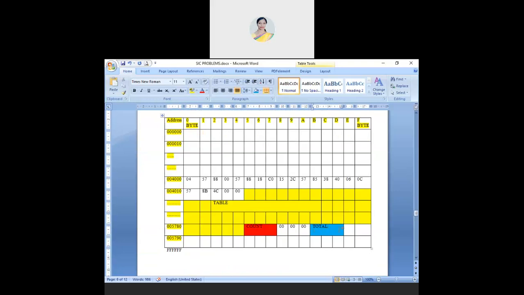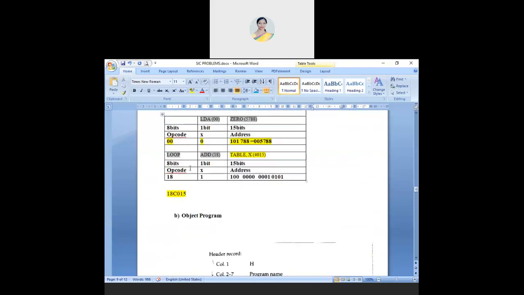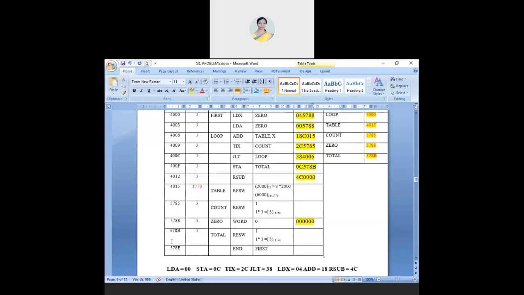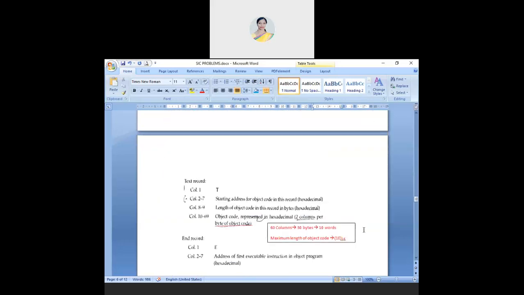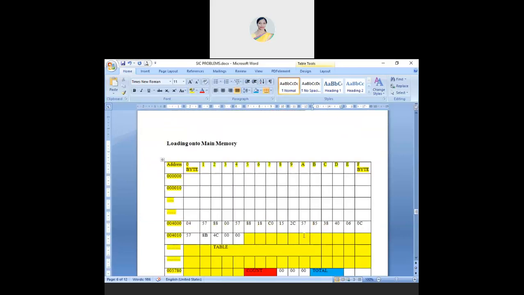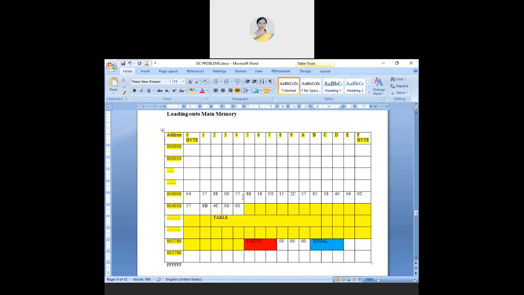Okay, fine. This is the program counter value. Correct? This is the PC, right? This is the program counter value, that is the next instruction to be executed. So till 8C. Done? So this is how your program is loaded onto the memory. When you look at your memory, this is how it looks. From here it starts and you have a reserve one. And again you have a reservation for some other variable. You have a text record. This is my second text record. And this is the last one.